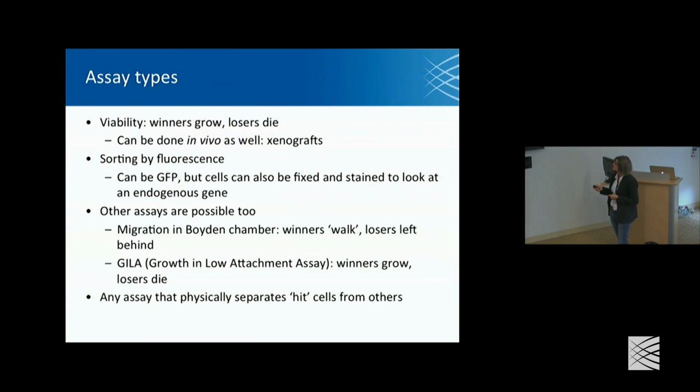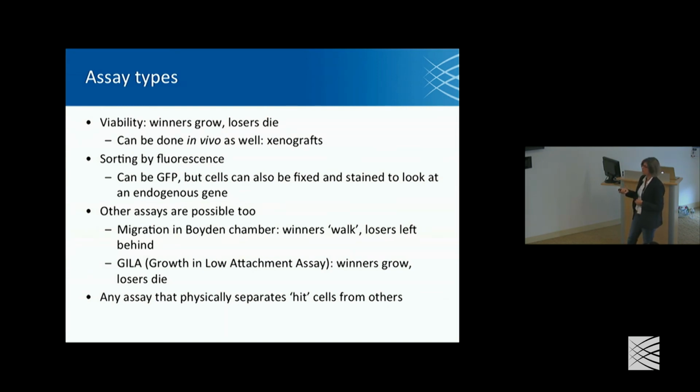There are many assay types you can do in pool screens. The most typical that you probably have heard of is the viability, where the winners grow and the losers die. And it also can be done in vivo. You can sort by fluorescence. You can have a GFP reporter in your cells,